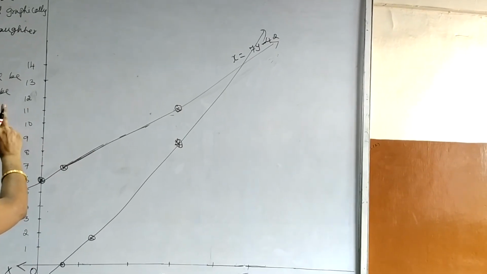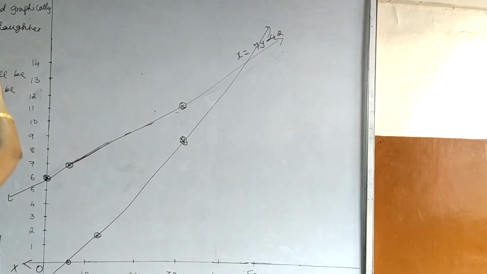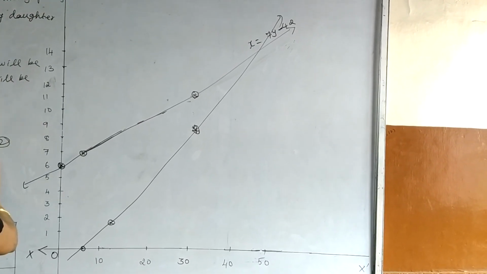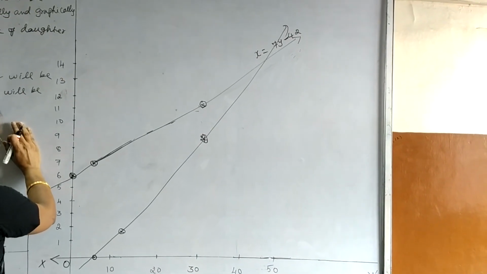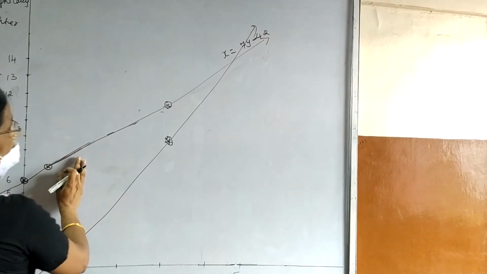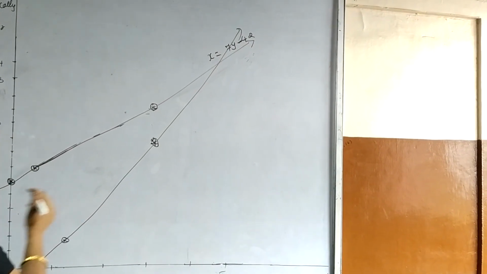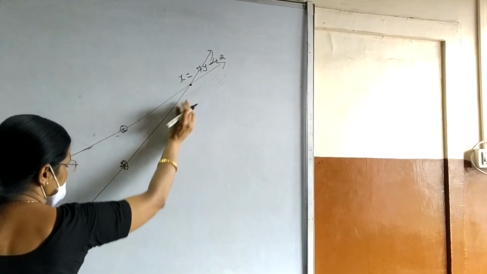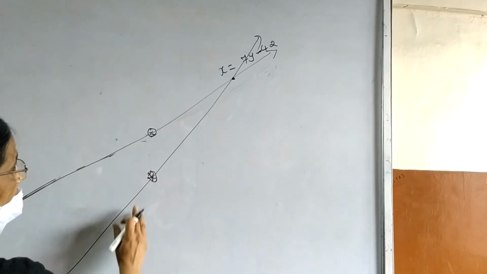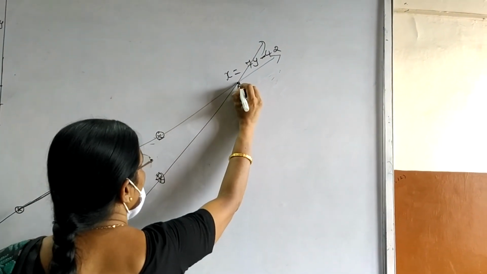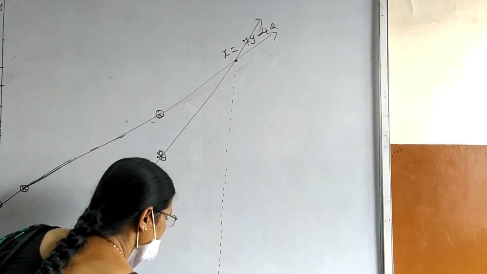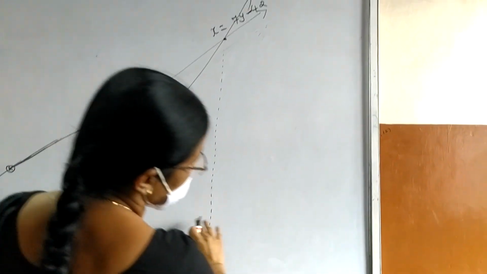In this question, the question is to represent algebraically and graphically, meaning we have to get the equations, which we already got, and we have to draw the graph. The solution is not asked, but I am explaining extra how to find the solution using the graph. This is the point of intersection. This should be joined with the x-axis and with the y-axis with the ruler. We say perpendiculars are drawn to the x-axis and to the y-axis.